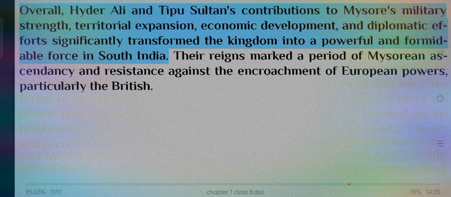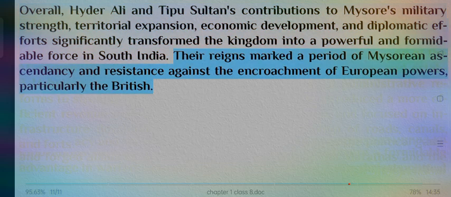Overall, Hyder Ali and Tipu Sultan's contributions to Mysore's military strength, territorial expansion, economic development, and diplomatic efforts significantly transformed the kingdom into a powerful and formidable force in South India. Their reigns marked a period of Mysorean ascendancy and resistance against the encroachment of European powers, particularly the